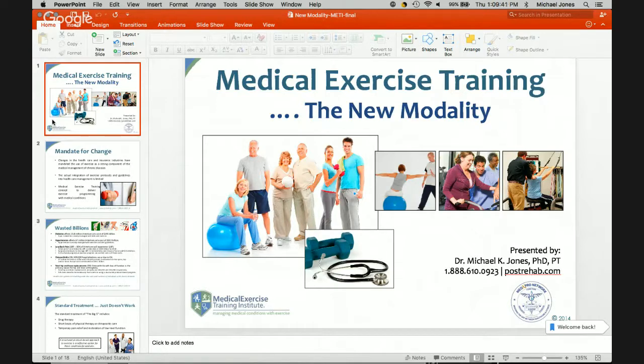Now, we know exercise is the key to long-term management of most medical conditions. And as physicians or physical therapists or chiropractors, you all realize that when you treat your patients, you provide the best of care. At some point, the insurance carrier may cut you off. And in many instances, these patients need ongoing care. Well, we're the folks that provide that ongoing care. So if you would think back for just a second of a client or a patient you've had,